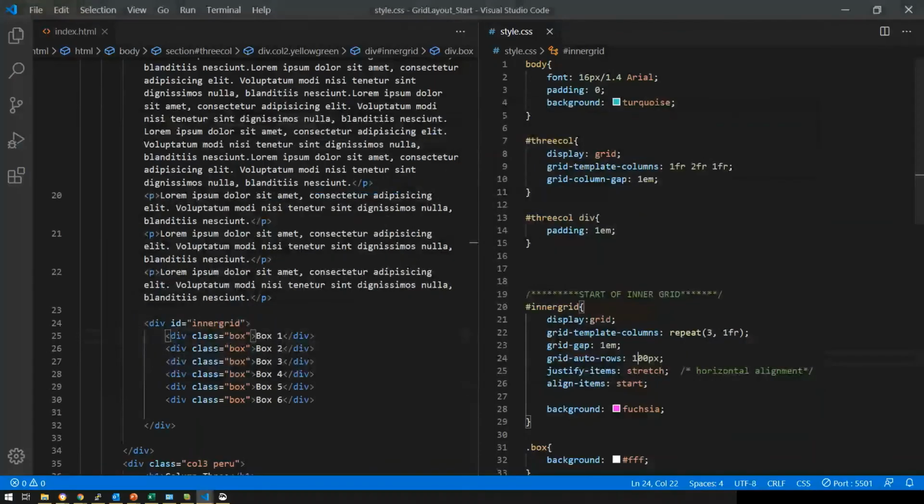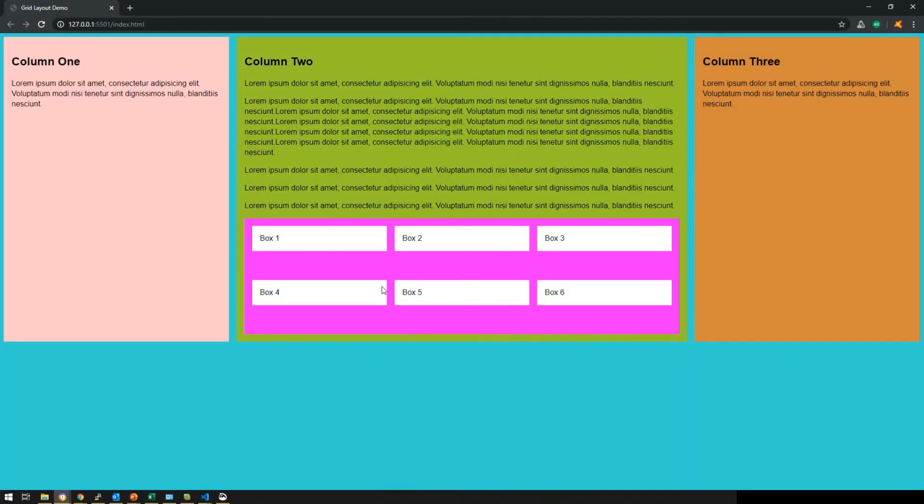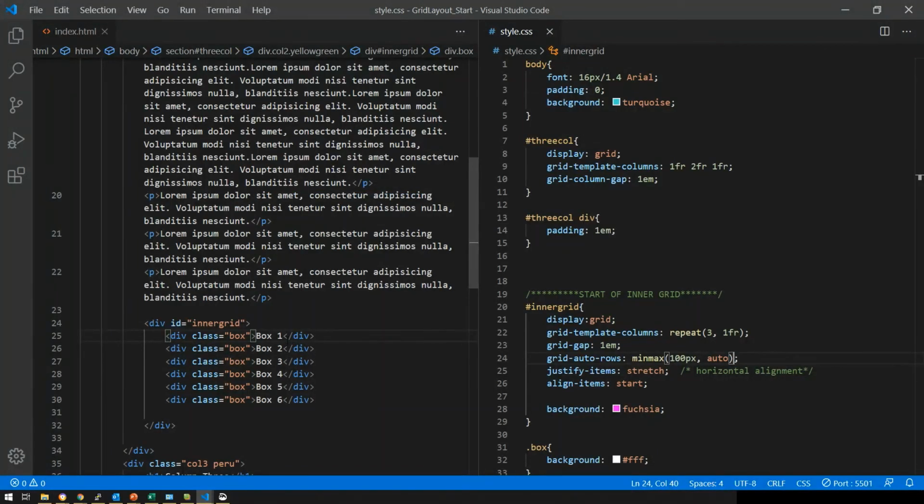Okay, and also if you want something to be taken automatically, then you can even give a range of a minimum or maximum value. So that would be minmax, and 100 pixels is the minimum value, and maximum can be anything that is taken over by the space. So if you define it as auto, that is going to take the auto space, but the minimum value criteria has to be met. So for example, if I were to add